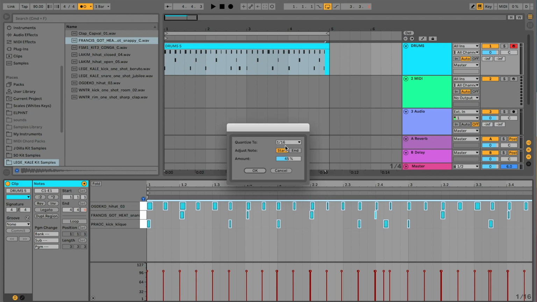Quantize settings basically chooses the grid where you want to quantize everything to, and the amount is how sensitive you want Ableton to quantize these notes. I like 45%, so it's still a little bit more natural. And you can change here. So let's for instance put